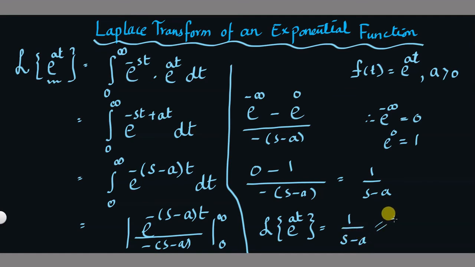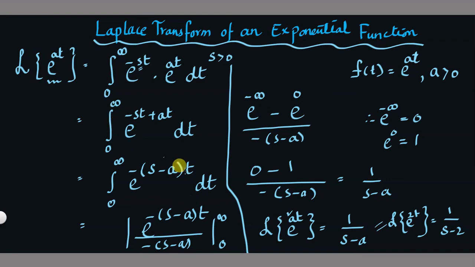For instance, if we want to calculate the Laplace transform of e raised to the power 2t, after having this formula, what will be the answer? The answer will be 1 over s minus 2, because this exponent a will be subtracted from s. And make sure this s will always be positive, as we have introduced in the definition, and we have explained before.